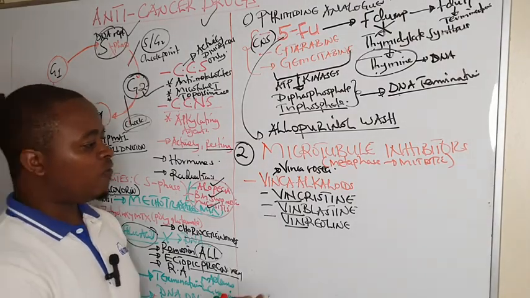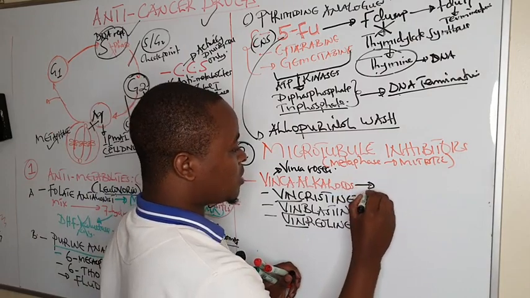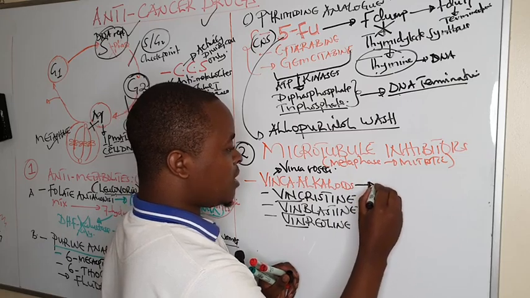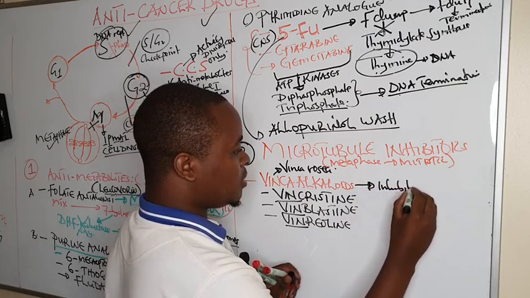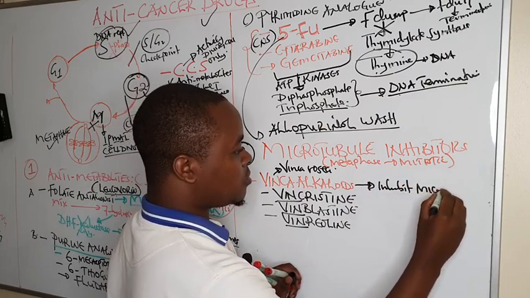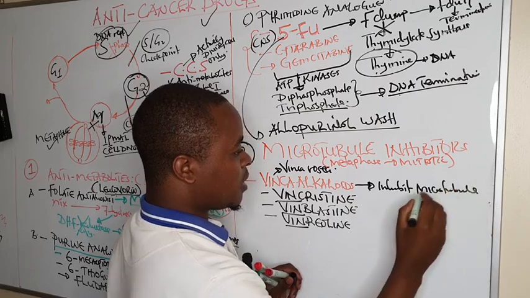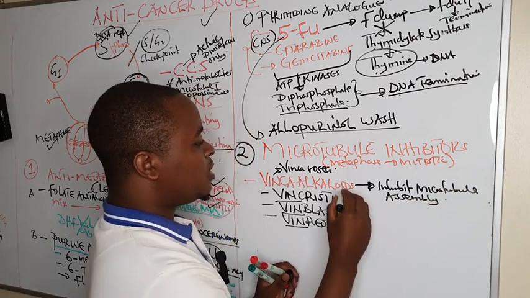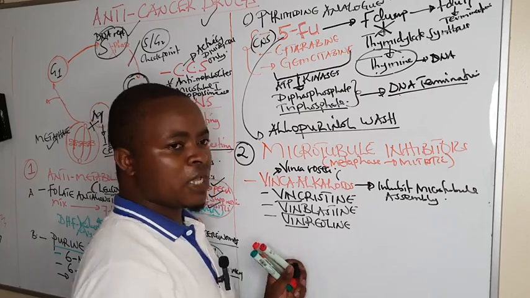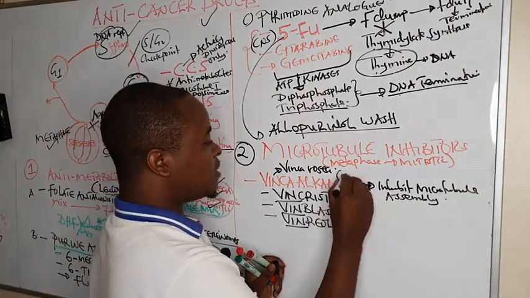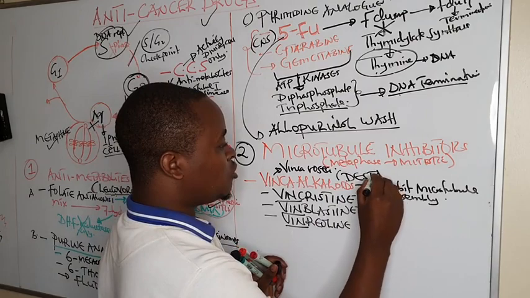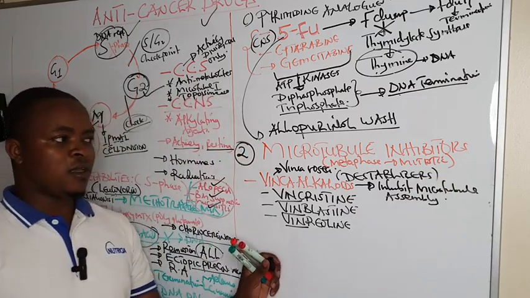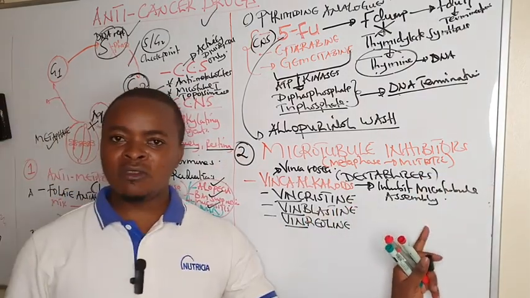And their mechanism of action, they act by inhibiting microtubule assembly. So these ones are known as microtubule destabilizers. Why? When they bind on the tubulin,